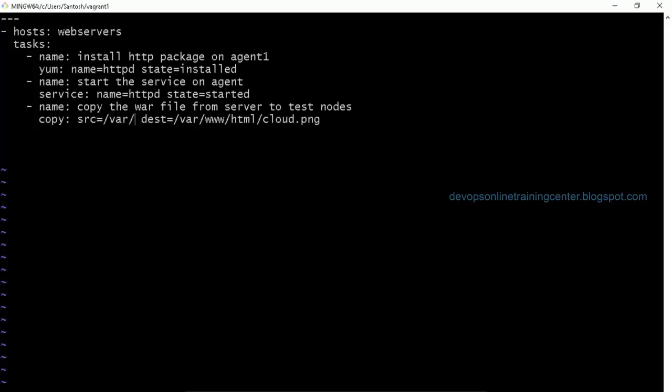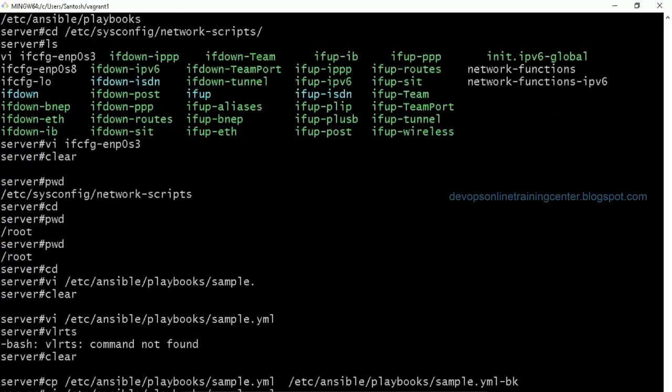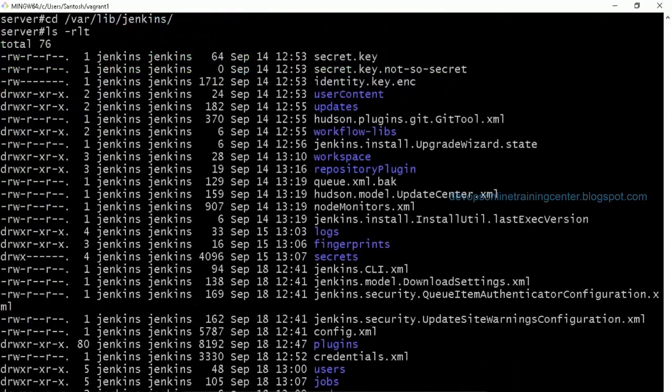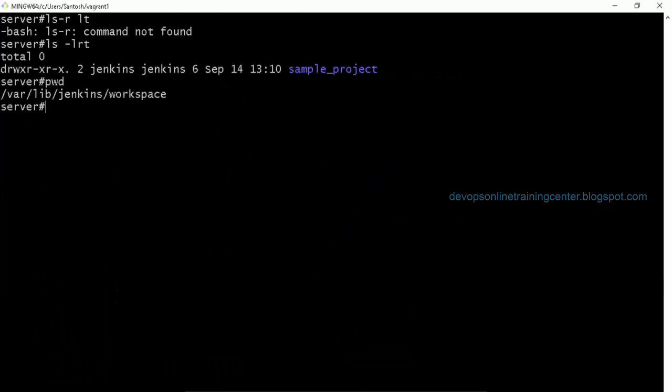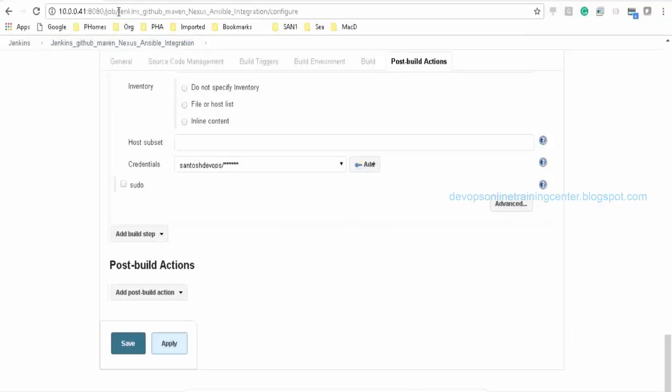Home directory of Jenkins, and where Jenkins lives. Workspace, then src. Let us see, var lib jenkins, then workspace, then the name of the project. So I know that it will create a project, so I'll just give the name of the project here. So what is the name of the project? This is my name of the project, right? So I copy this here.